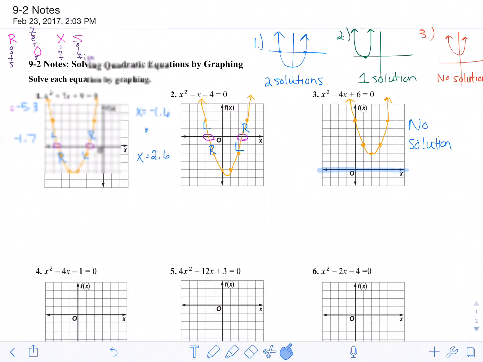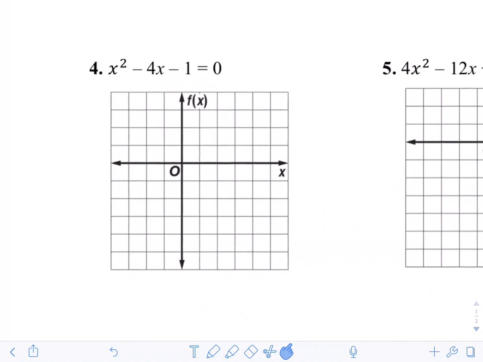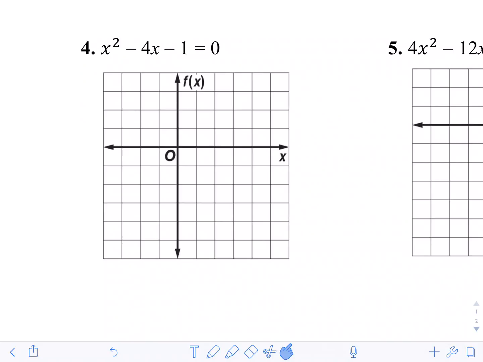Alright, number 4. You have y equals x squared minus 4x minus 1. I'm going to look at my table. I can't do negative 2, 11. I could do negative 1, positive 4. 0, negative 1. 1, negative 4. 2, negative 5. And then it repeats. So 3, negative 4. And then 4, negative 1. And then 5, 4. Go ahead and connect my dots